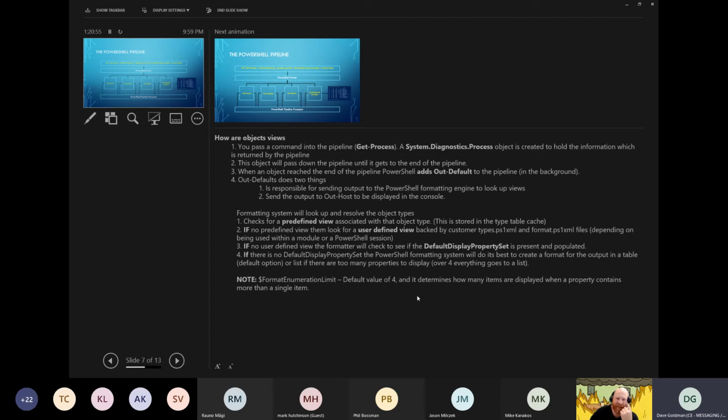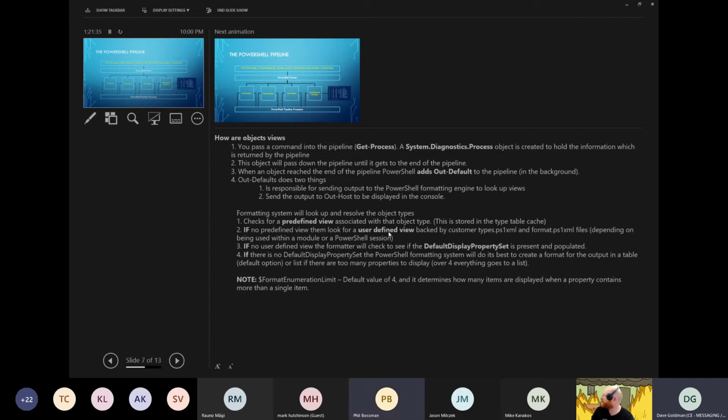That's holding my information. Now, I passed it down the pipeline, right? We did a pipe and we did FT and we said, show us everything. So what happens is right before it gets to the screen, this is where the formatting engine goes through and says, is there a predefined view? Well, we do have a predefined view because we ran update type data, and we said show us first name and date. And so that's what it returned. If that wasn't there, in this case for system process, this wouldn't be here because that's not predefined. We have a user defined view, which is the second one.